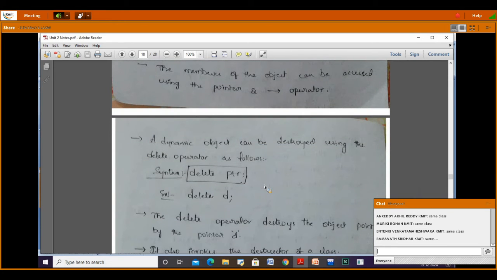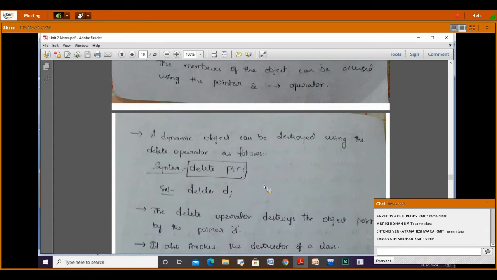For deleting, we have an operator called the delete operator, and the syntax is delete ptr. An example is delete d. It is going to delete the object which is pointed to by d.